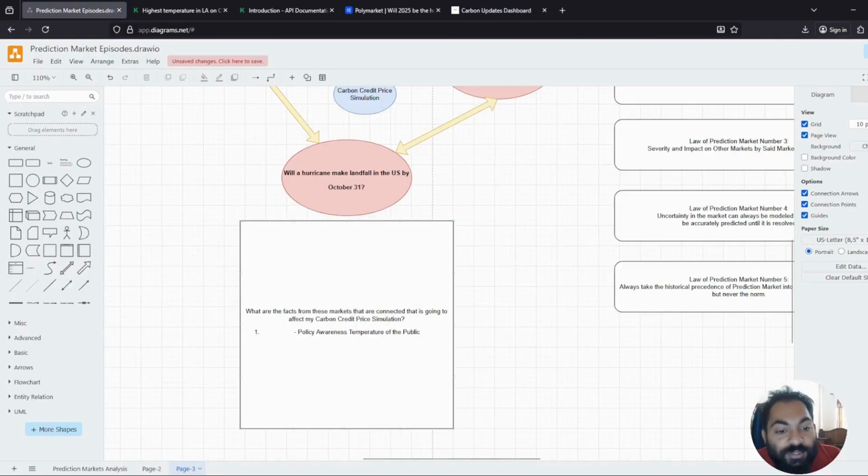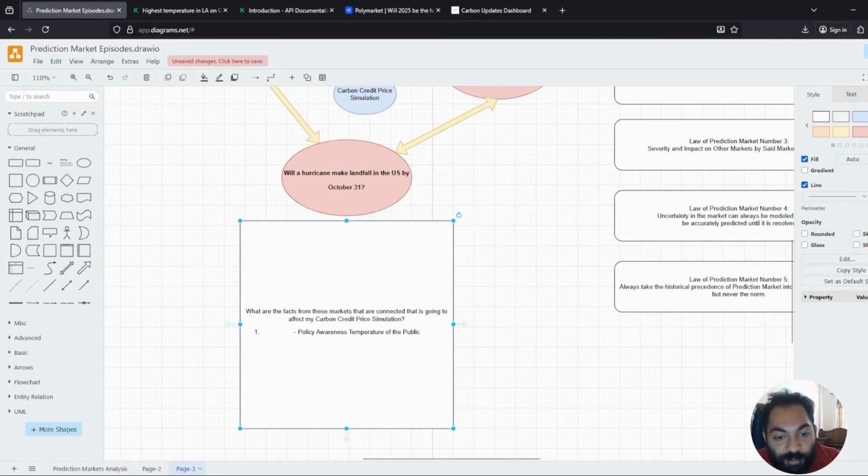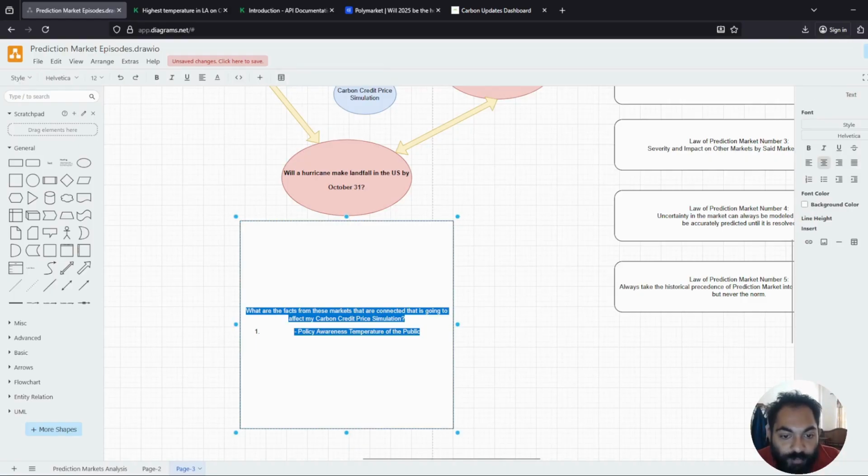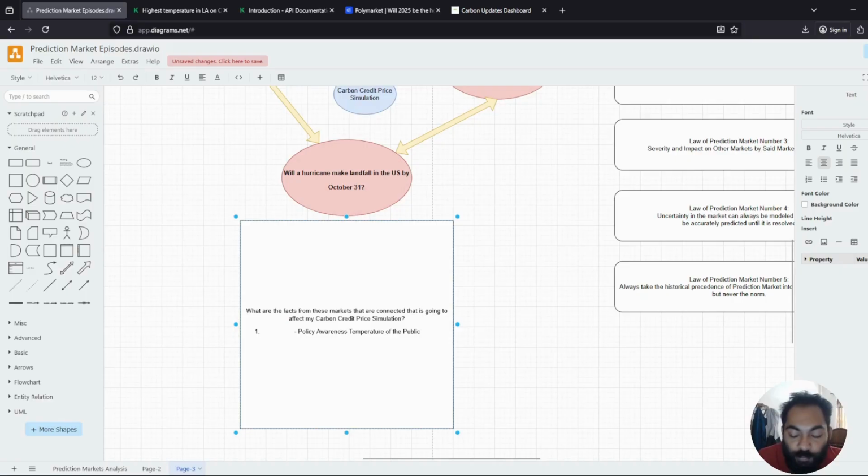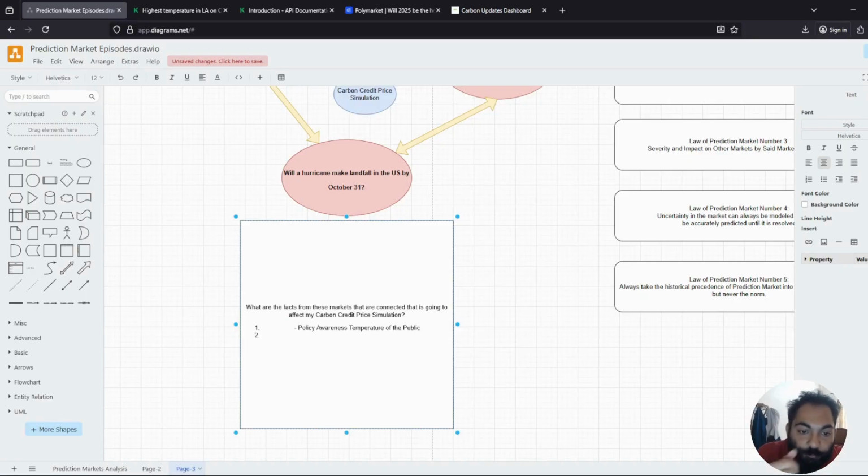So what we do is policy awareness and the temperature of the public. It will give us the idea when to sell these carbon credits or when to maximize our benefits. And two, now I'll try to guide you from a perspective where we are trying to solve this problem in terms of giving the people the most amount of benefit, right? So policy awareness, temperature of the public, and second is price volumes, trading frequency